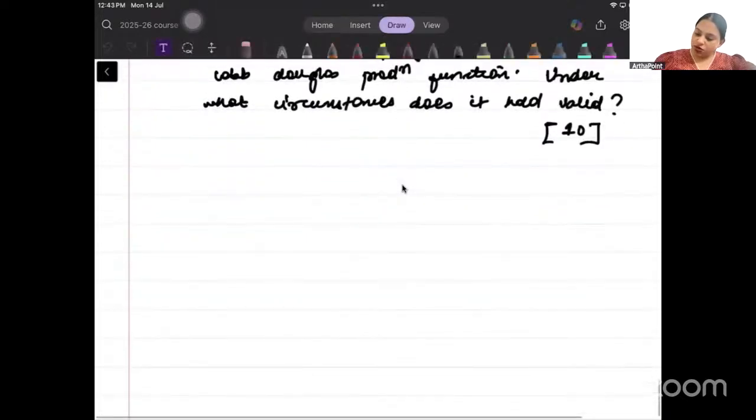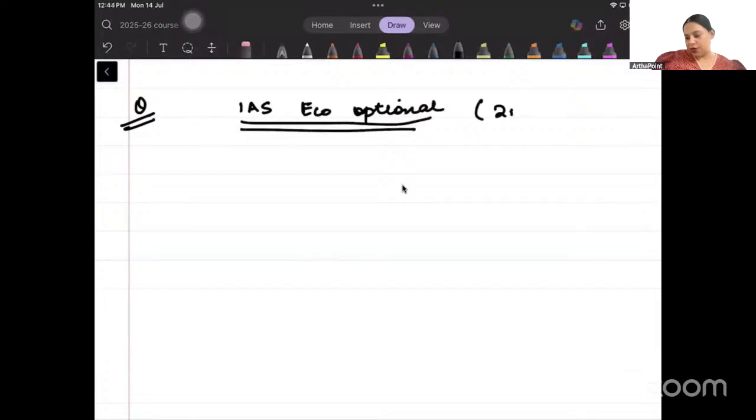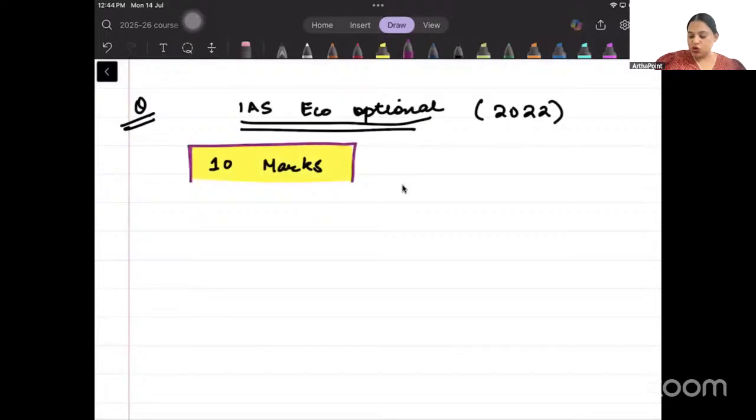Okay, so question. This is IAS from IAS, okay? 2022. Try to solve this better. This is a 10-mark question. Do as much practice as you can, okay? From different sources, different past year papers, whether IAS economics optional, IES, DEPR, wherever you see subjective questions of economics,